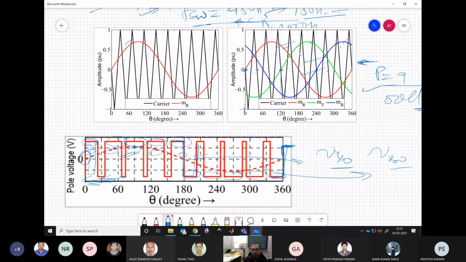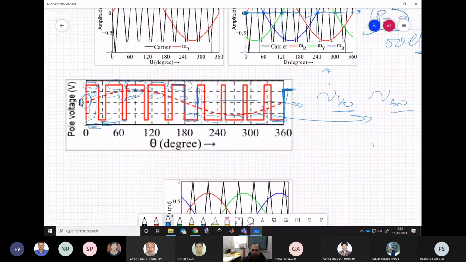Now when there are three modulating signals and we maintain P equal to 9, so I have taken 9 pulse number for clarity over here. Here we can see at the zero crossing, this is the zero line, the carrier is having zero crossing with every modulating signal. So it is crossing here also, here. Everywhere the carrier is having zero crossing with all the modulating signals, which means for all the modulating signals, we have kind of the same carrier, which is not different in any manner.